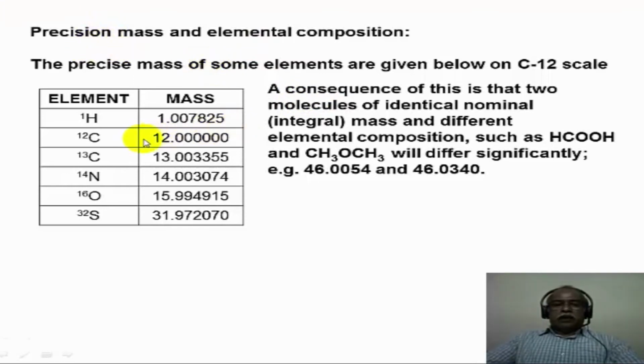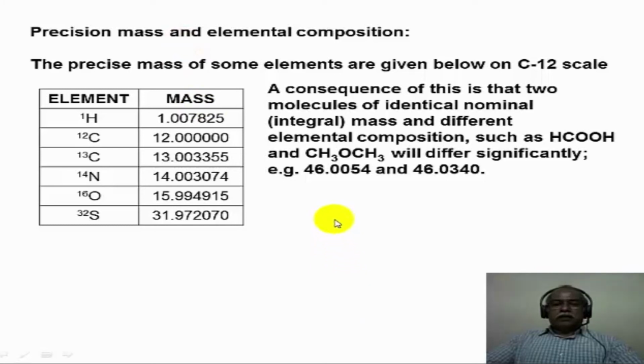When the mass of atoms are calibrated, atomic masses are calibrated using carbon 12 as a standard. In other words, you make carbon 12 as 12.0000 as the standard for the atomic weight scale. Then carbon 13 is 13.003355. This fractional weight is extremely important. Hydrogen is 1.007825, for example, when carbon 12 is used as a standard. Likewise, every element has an isotope with a fractional atomic weight when carbon 12 is taken as a standard. This fractional atomic weight is what is responsible for the precision mass.